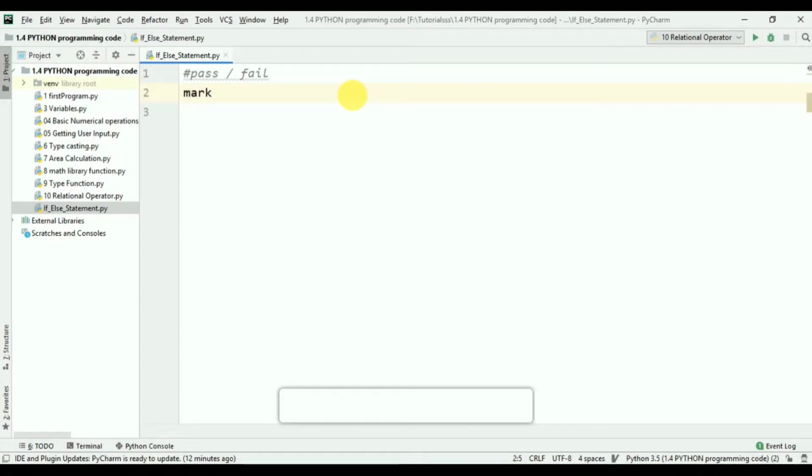First of all, we declare a variable named mark, where I input an integer value 15, which is the mark of a student. Now I am going to compare this mark, which is a student mark. I comment it out here for your understanding.